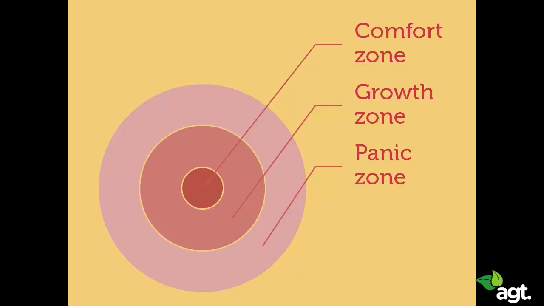Let me give you an example. Back in school, we used to be nervous before exams, but if we got too nervous, that would cause problems. An optimal level of nervousness and stress can help us focus on the test and remember the information that we studied better. But too much test anxiety can cause a blackout and we don't remember anything. This would be the panic zone. Where we want to be is the growth zone.